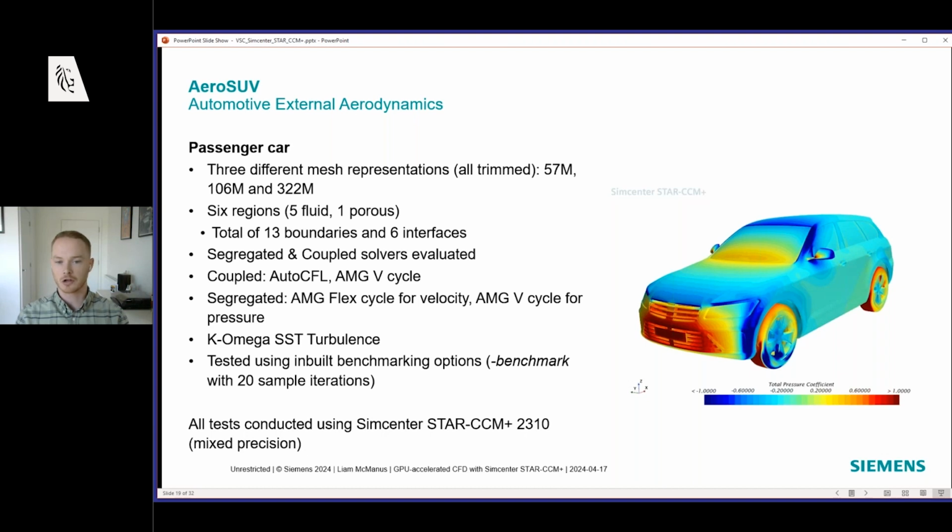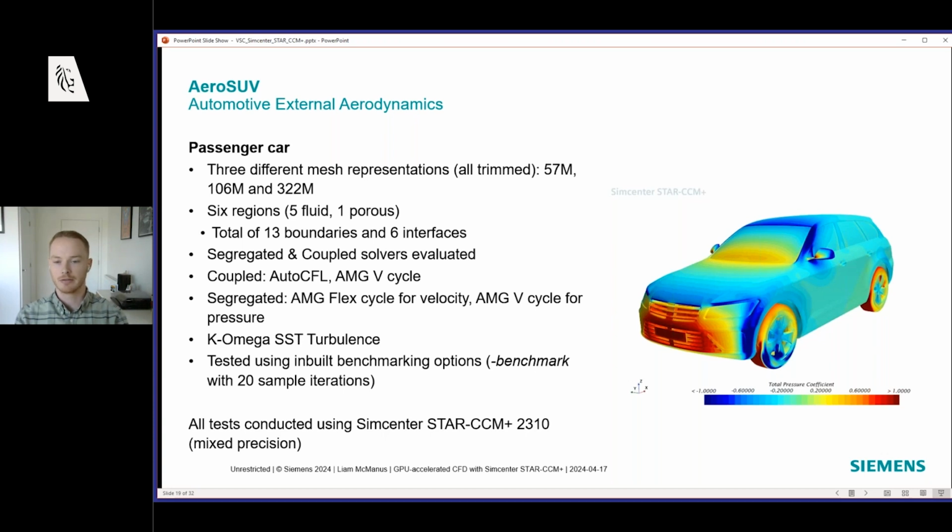The coupled flow solver is using the auto CFL functionality. The segregated flow solver is using standard flex cycle and V cycle for velocity and pressure. We use the SST turbulence model,